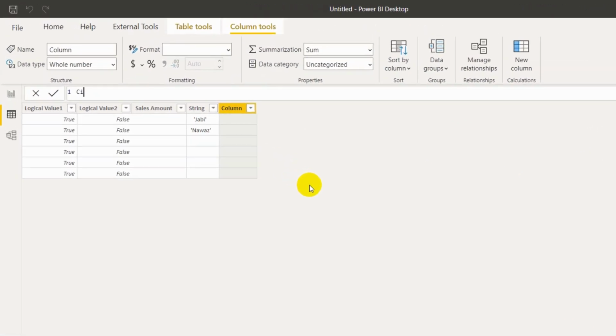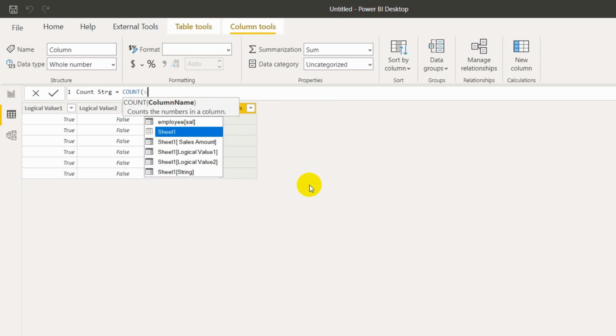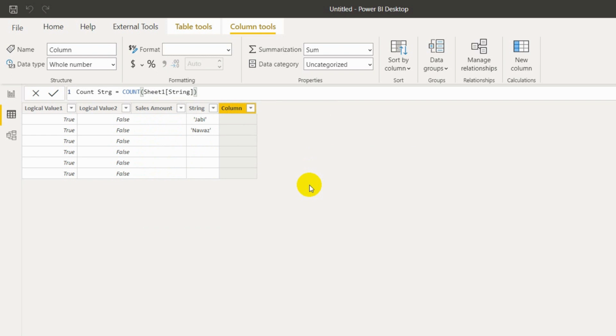My column name is count string equals COUNT of string. Just enter. So it returned 2. Only 2 strings are there, blanks are skipped.